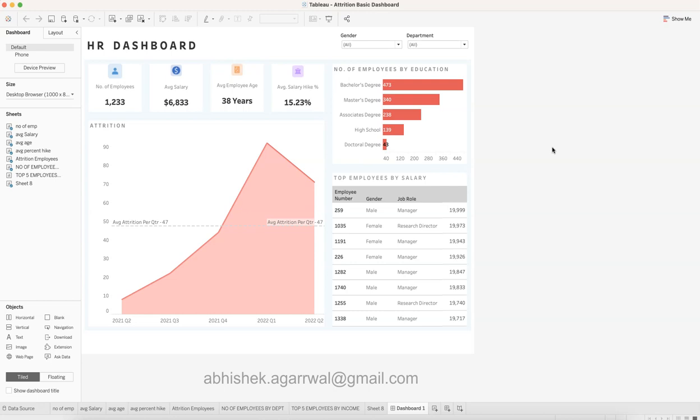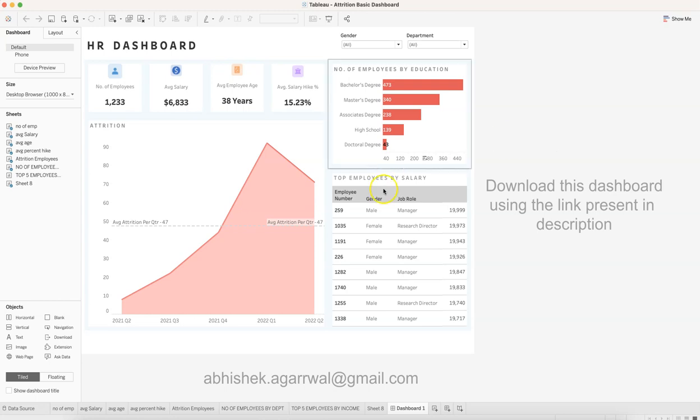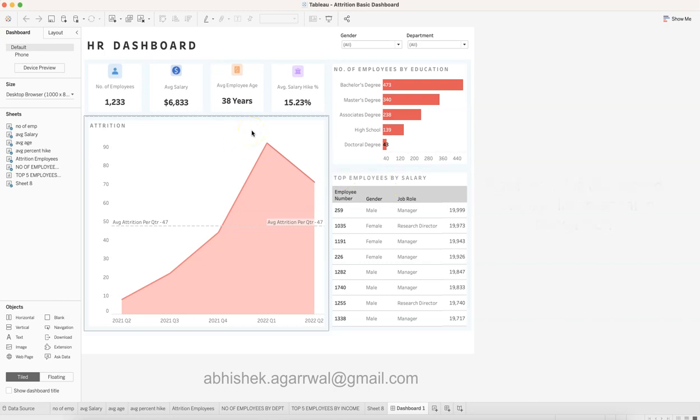So if you have seen my previous video yesterday, I showed you a similar but slightly different type of layout for the finance dashboard, and the link is present in the description if you want to go through that. And today I am showing you how you can create this HR dashboard, which is talking about the KPIs,